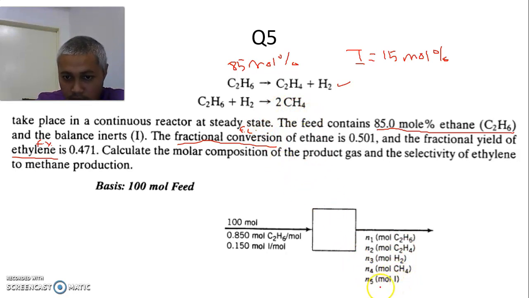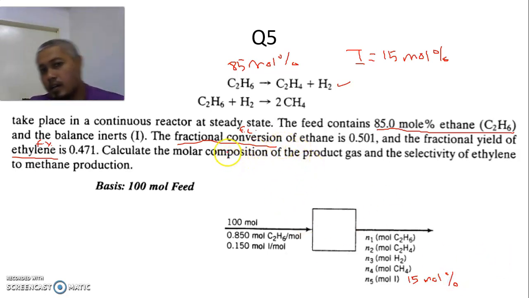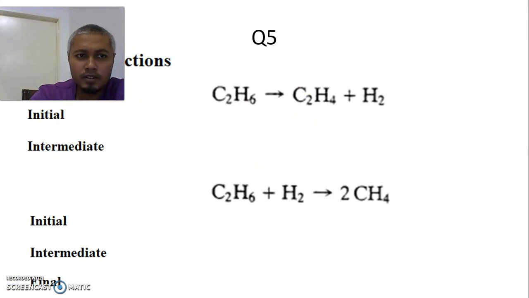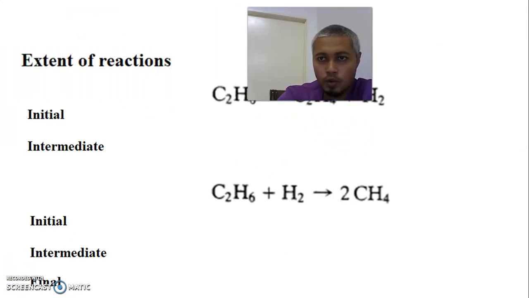Because this is inert, it means 15 mole percent inert goes out from the process. So we can say this is a reactive process, that's why we have two reactions here. So first things first, to solve this question, what we need to do is